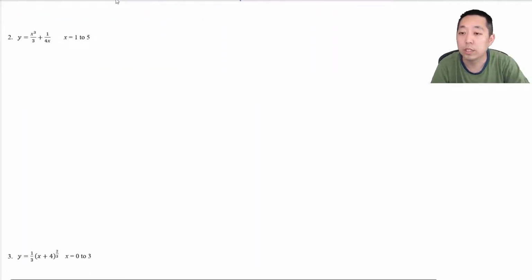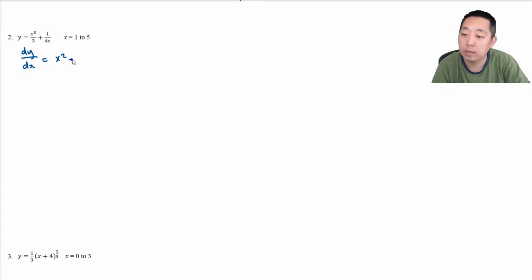So let's look at number 2 here. We're going to do the same thing. First we need to find dy/dx. And I'm going to get this is equal to x squared minus 1 over 4x squared. And so when I compute the square root of 1 plus (dy/dx) squared, this x squared minus 1 over 4x squared quantity squared,